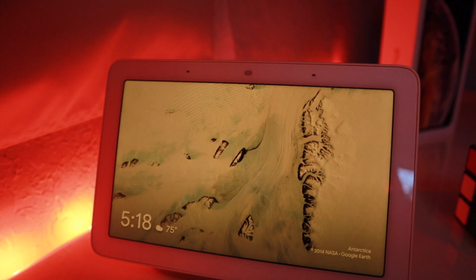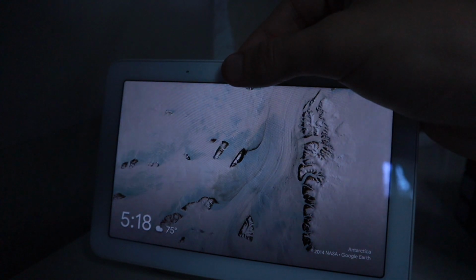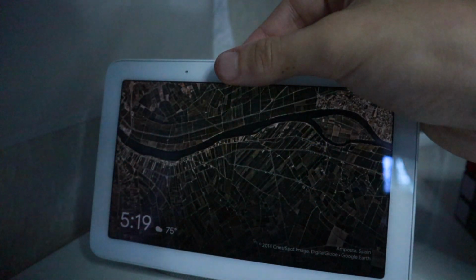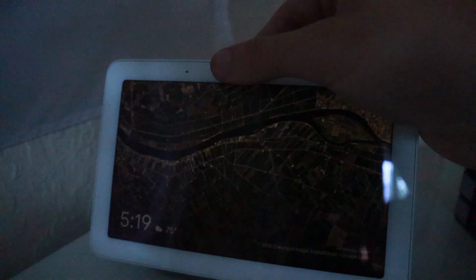It looks like a perfect picture frame, especially with those white bezels. It looks good, especially when there's a yellow hint on it. It's gonna look yellow, and it perfectly matches every scene you put it in. And especially when you turn off the lights to go to sleep, it automatically turns into a night clock mode, which is amazing. So when you're falling asleep, you don't have to be like, oh, I guess I have to turn my Google Home Hub off. But no, it automatically switches that, and it's a beautiful thing, especially if you can keep this on your nightstand,